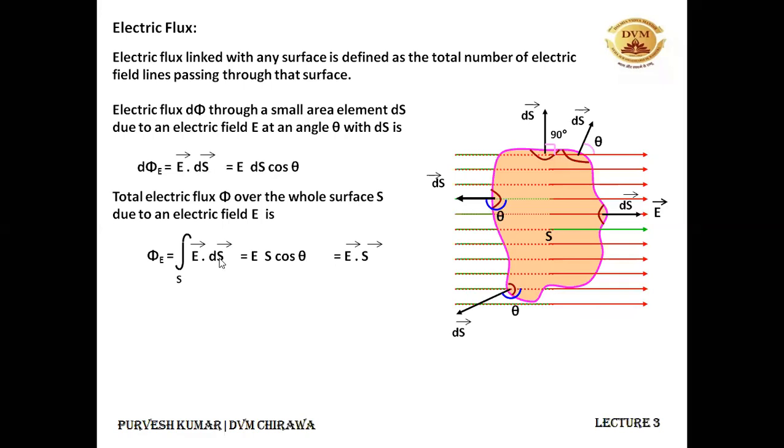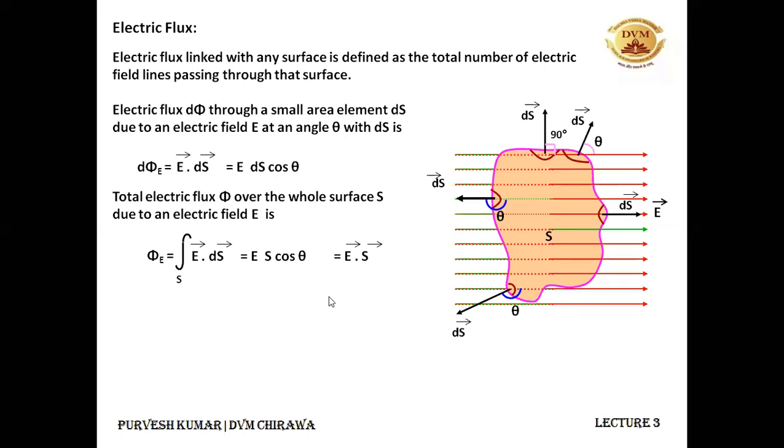That's why in place of this ds vector I have written S, and the dot product of this is Es cos theta. All right. This capital S is because of the integration of this small ds, and the small ds will be integrated over the complete surface area only. All right, that's why the total flux through any surface is equal to the integration of E dot ds, where ds is a very small area of the surface that we are talking about.